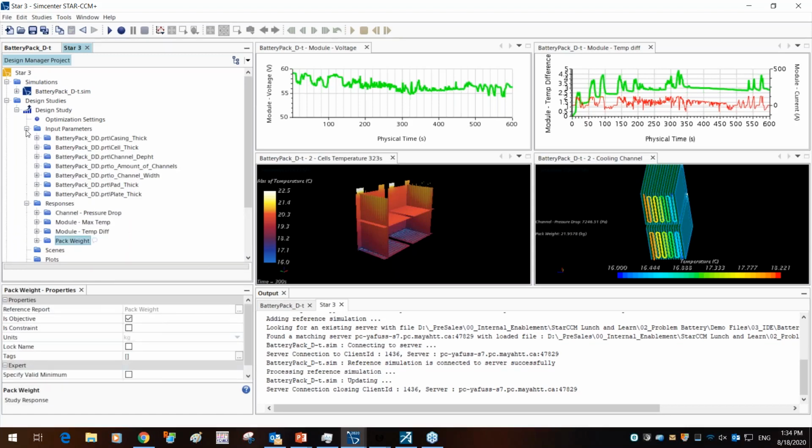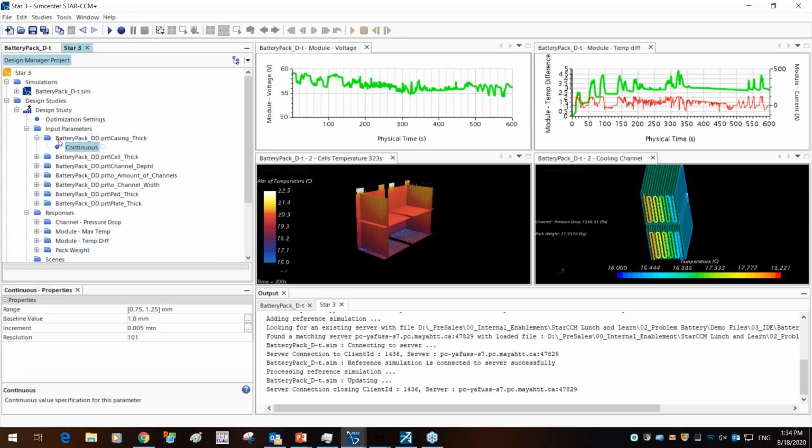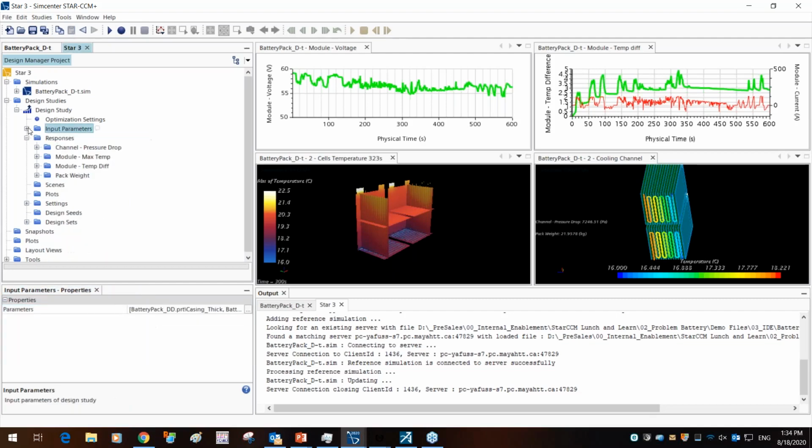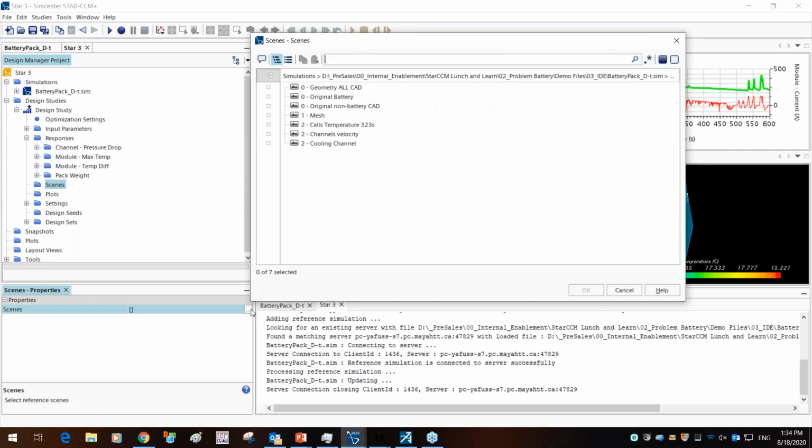In terms of input parameters, one thing I did need to mention, you can select what values you would like to modify for each one of them, set them as continuous, discrete, or constant values if required. And then finally, in terms of scenes, for each data point or each simulation, what would you like to save? Let's say we want to look at the mesh, the cell temperature, and the channel velocity.